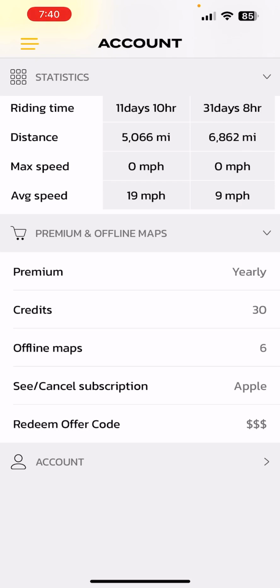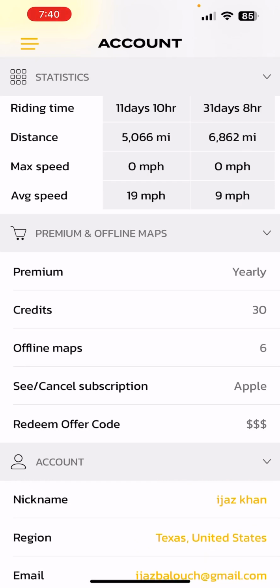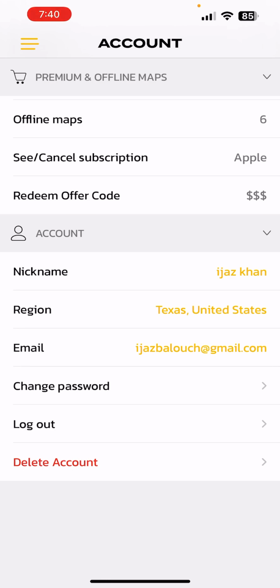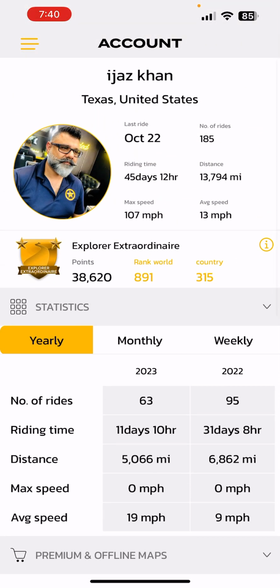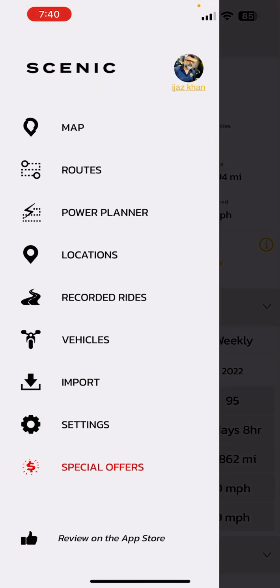However, all the way at the bottom, in the account chapter over here, you can change the name of your account. You can change your name to whatever name you like to use, the region, your email, and you can change your password. So this was the first chapter today, about using your account information. I will make several other videos on different